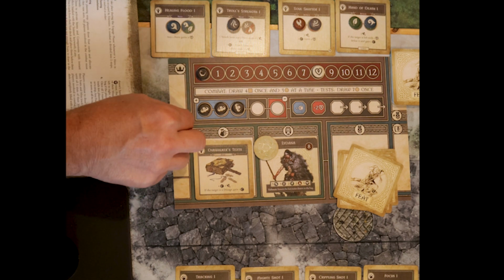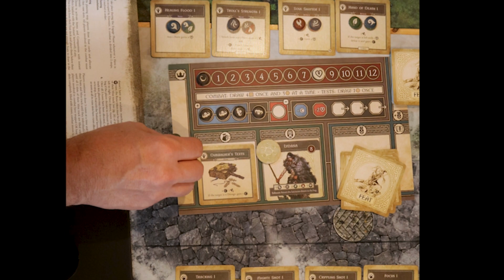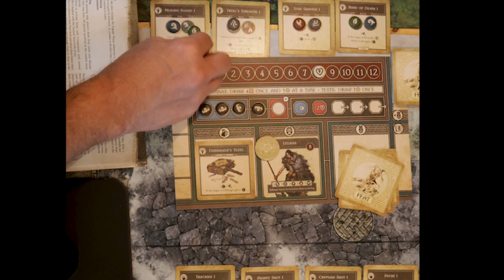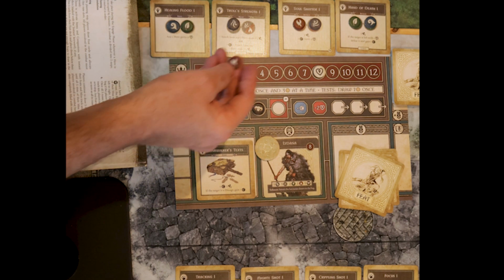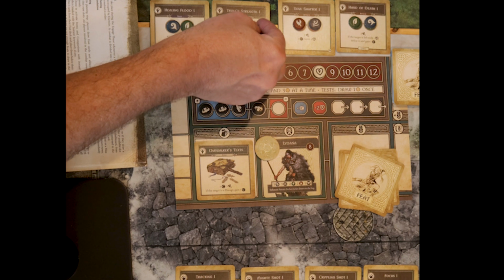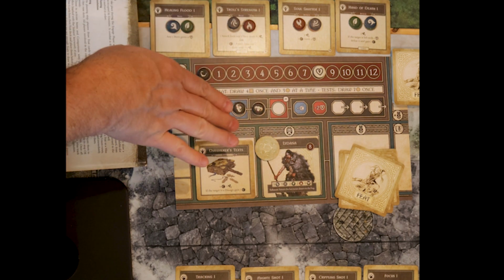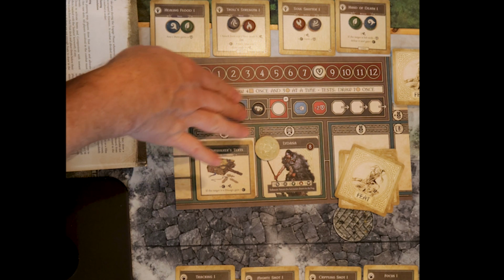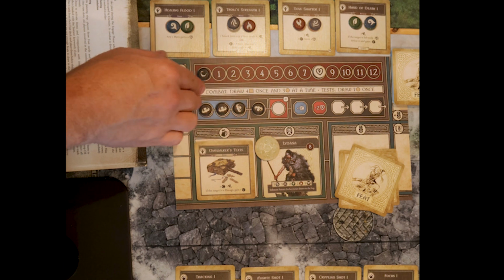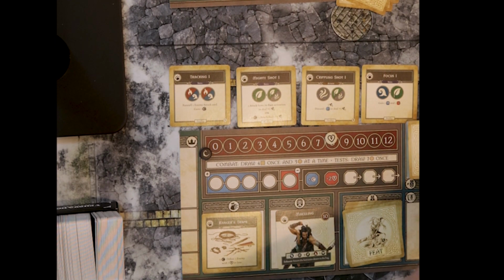And she'll go ahead and do this. Okay, and she's going to have to stop there. So she's not going to get her blue Chronicle, it gets shut off. Okay, so let's go ahead over to our